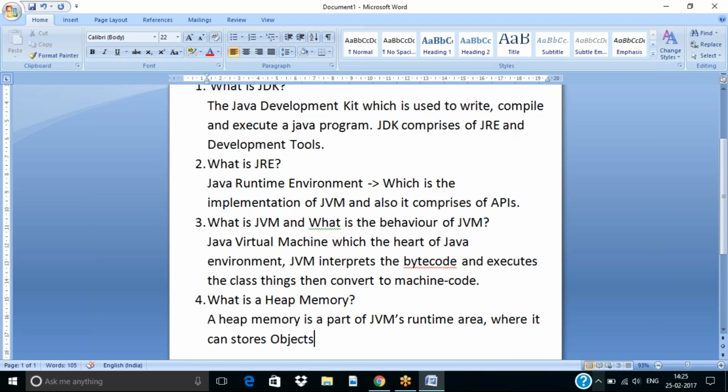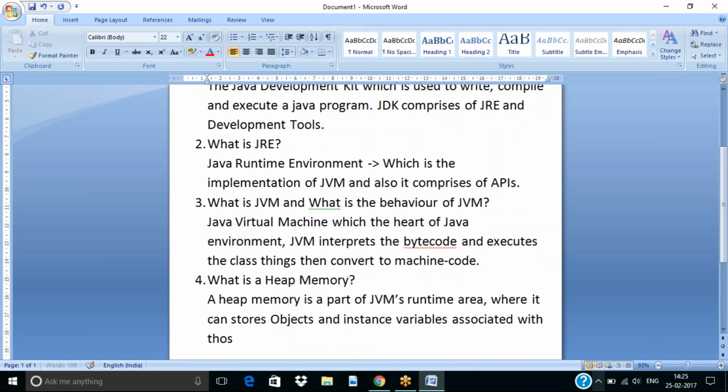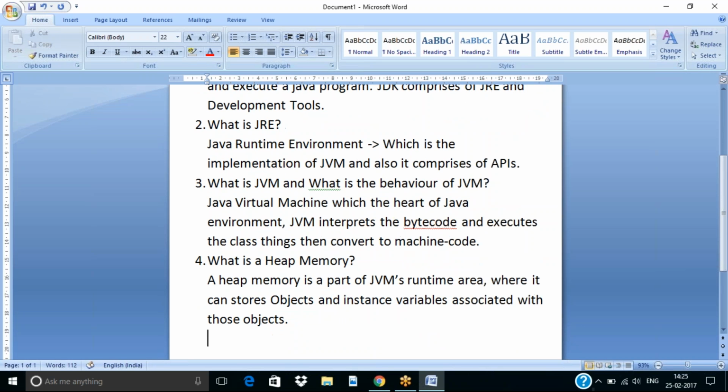Okay, and instance variables associated with those objects. So it can store objects and instance variables associated with those objects. Okay, next,